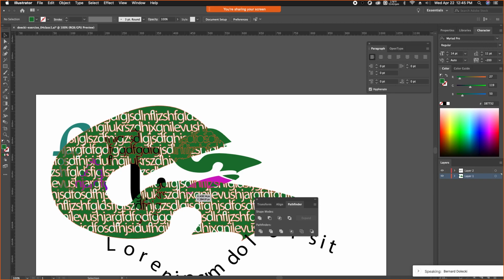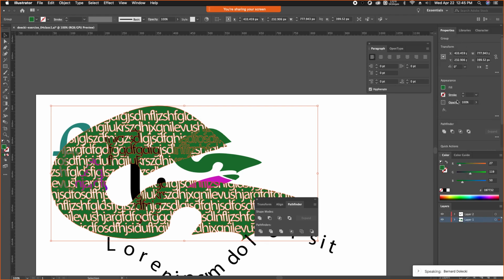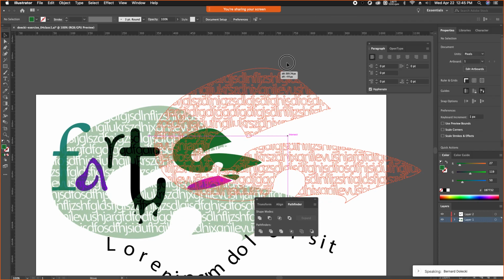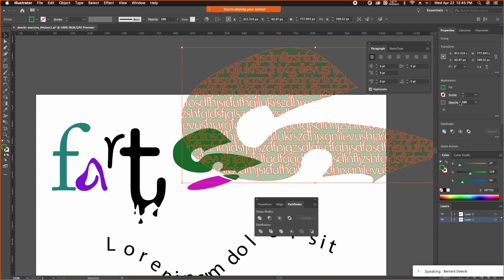So in terms of using type, as you can see, we've already covered several. The way I did this S was a mesh. So number one, I used a mesh. Number two, I did an area type and changed the formatting of the type. Number three, I did a Pathfinder, and then I changed the scale to have it be an overlay. It was pretty quick to do. I realize a lot of you haven't done that, but one of the last things I wanted to show you guys is